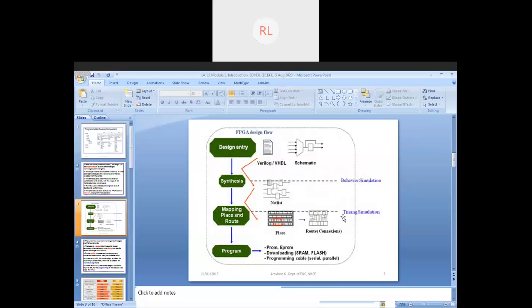So what happens in placement and routing? Those blocks which have more interconnections are placed closer. The reason we do this is, say for example, block A and block B have a lot of interconnections between them, so it is logical to place them close to each other. Suppose we take the other way around and place them very far,